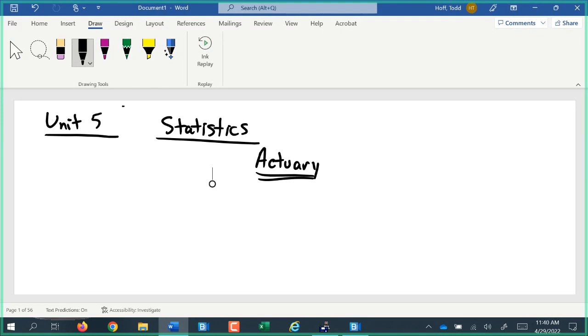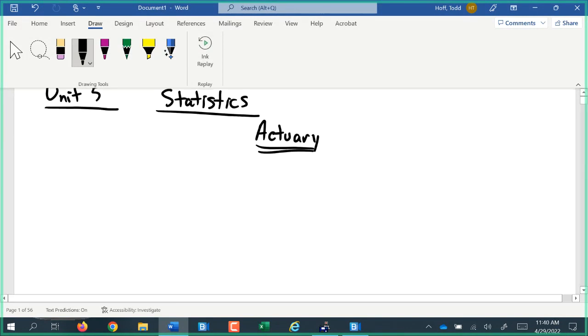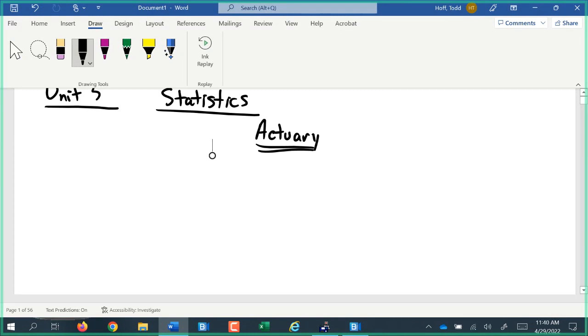So the goal of this unit is to give you a little bit of a background for going on to the next step, so that when you look at taking a statistics course, you have a little bit of a background to start it. But it's also to help you be a little bit more of an intelligent consumer when it comes to all the statistics that are thrown at us. And we'll look at some of the things that are done to skew statistics as we go through. So today,